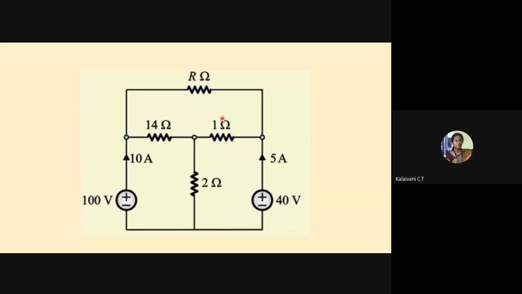We'll go for the KVL and KCL laws. So where to apply the KVL law and where to apply the KCL law? First, we will see at these 2 points, what is the voltage. So from here, the voltage will be 100. Here we have the voltage source of 40, so again here the voltage will be 40. So across this resistance at the 2 points, here voltage is 100 and here we have the voltage as 40. So potential difference will be 60.